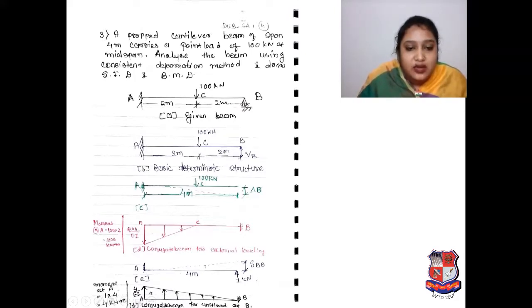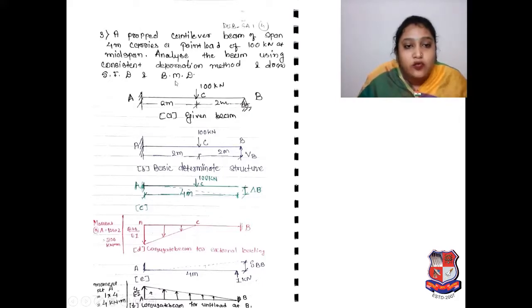So again your moment diagram is in triangle shape. As per our beam, our load is concerned, our conjugate beam diagram for unit load at B will be in triangle shape. Now again M upon EI means moment upon EI. So what will the moment be? Your distance 4 into your unit load 1. So 1 into 4 is equal to 4 kilonewton meter. So your moment upon EI means 4 upon EI. So our conjugate beam for unit load is prepared.